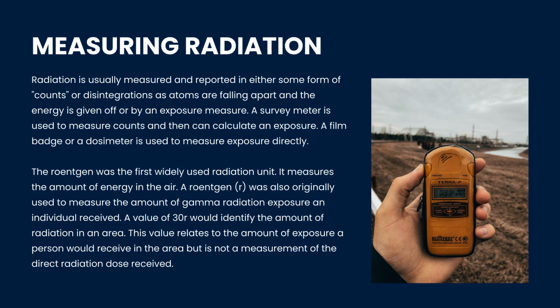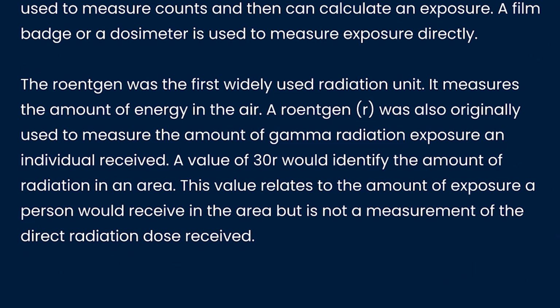Radiation is measured using instruments such as survey meters and dosimeters. Survey meters detect radiation levels in an area, while dosimeters measure personal exposure over time. Historically, units like the Roentgen were used to measure radiation, but modern systems provide more precise and relevant measurements for